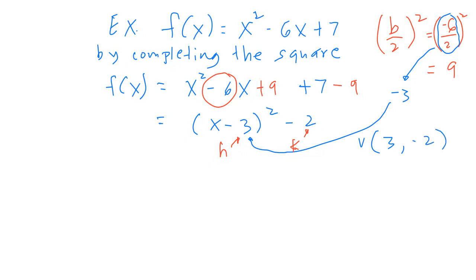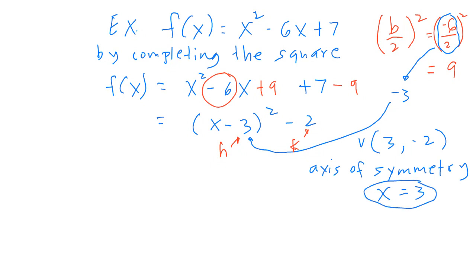So if we know our vertex, then we can graph this, and also we can find the axis of symmetry. So the axis of symmetry here is at x is equal to 3. X equals 3. So that's the line passing through the vertex. So that's the vertical line x is equal to 3. Okay, so that's by completing the square. Now by using the vertex formula,